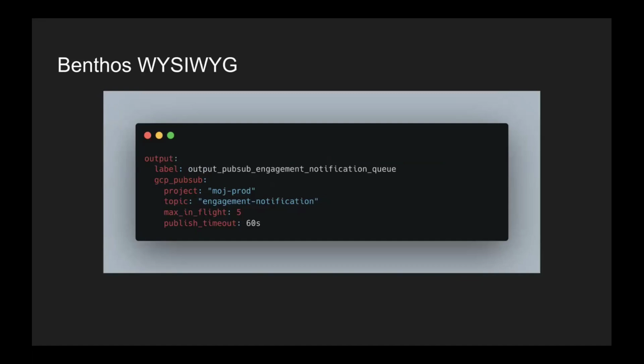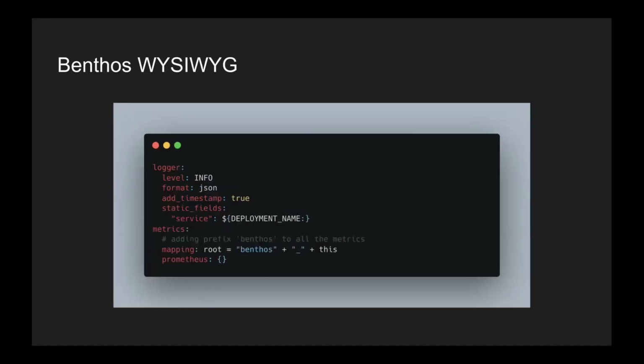Again, now we need logging and metrics, right? I don't want this to be a black box. It is provided inbuilt by Benthos. You just say, okay, I want log levels, I want info logs, time spent, and any custom field you want. And then I want Prometheus metrics. That's it. You'll get the metrics. I'll show you the dashboard at the end, how these metrics are provided.